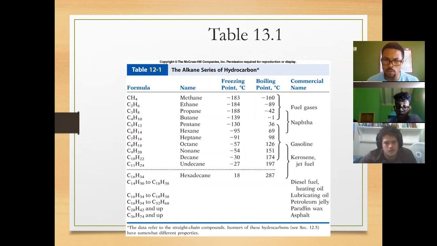Because the molecular weight is going to change, and the forces of attraction between the molecules are going to change as well. So as a result, the boiling point is going to increase. And we know as we increase the number of carbons, the physical property changes. I think we're going to touch on it again when we go into the next slide,